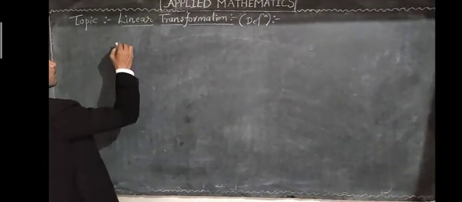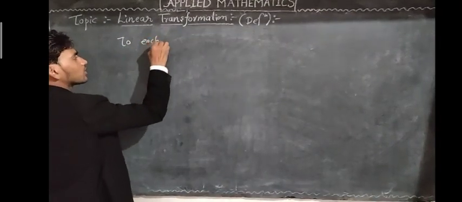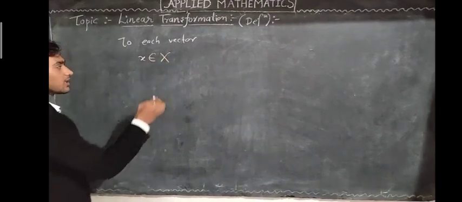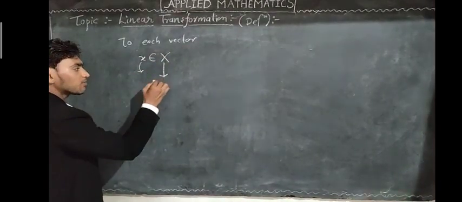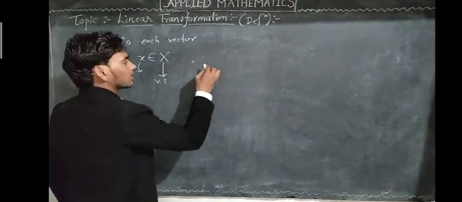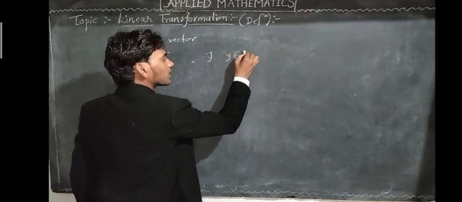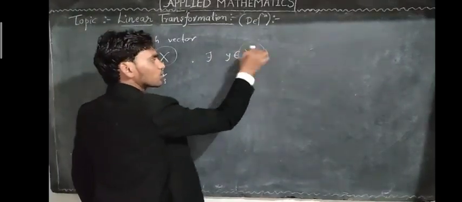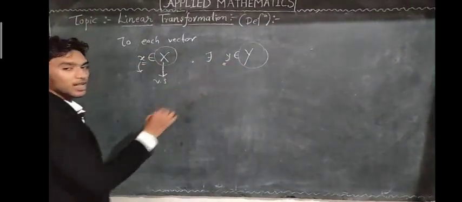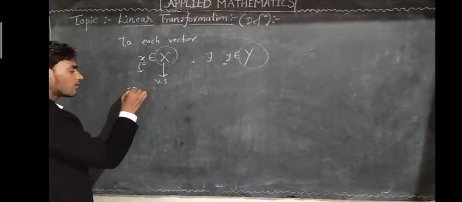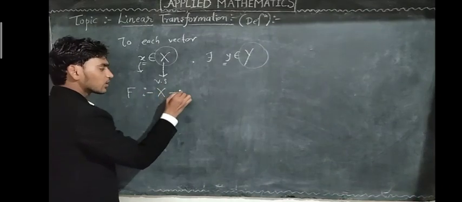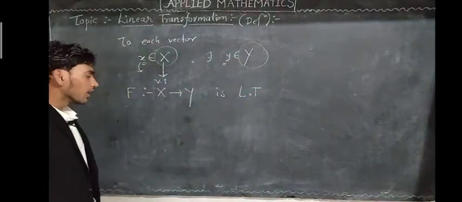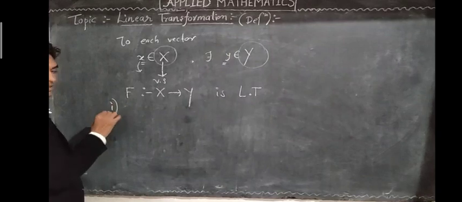By definition, to each vector x belongs to X, that is any vector x in vector space X, there exists y in vector space Y. Suppose we have vector space X and vector space Y. Then mapping f from X to Y is said to be linear transformation if it satisfies two properties, that is first